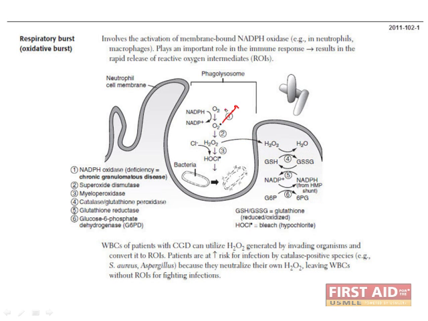So what happens if a patient is missing this first enzyme, NADPH oxidase? Well, these patients develop chronic granulomatous disease because they cannot produce superoxide radicals or hypochlorite to kill bacteria. They can still use hydrogen peroxide produced by invading organisms to produce hypochlorite. However, they have increased risk of infection from catalase-positive species, such as Staph aureus and Aspergillus, because these species will use their own catalase to convert the hydrogen peroxide into water.